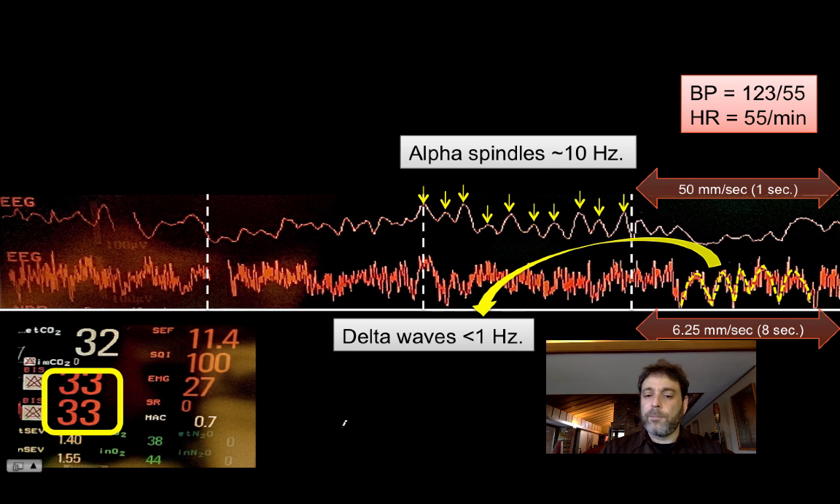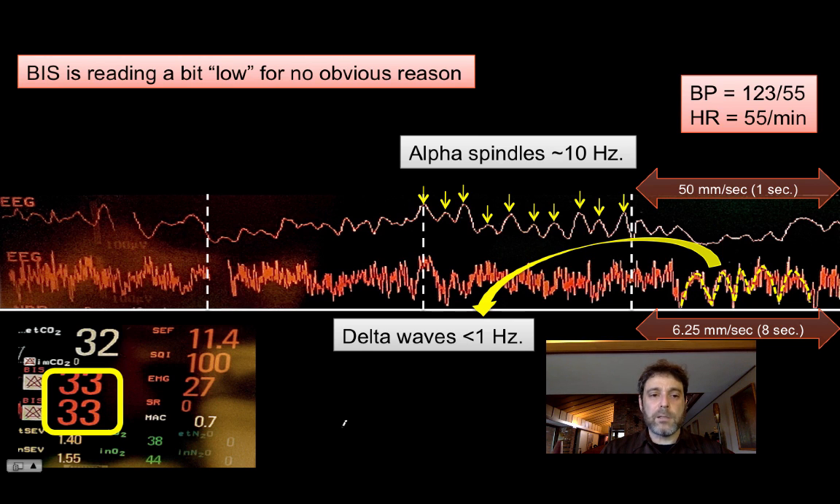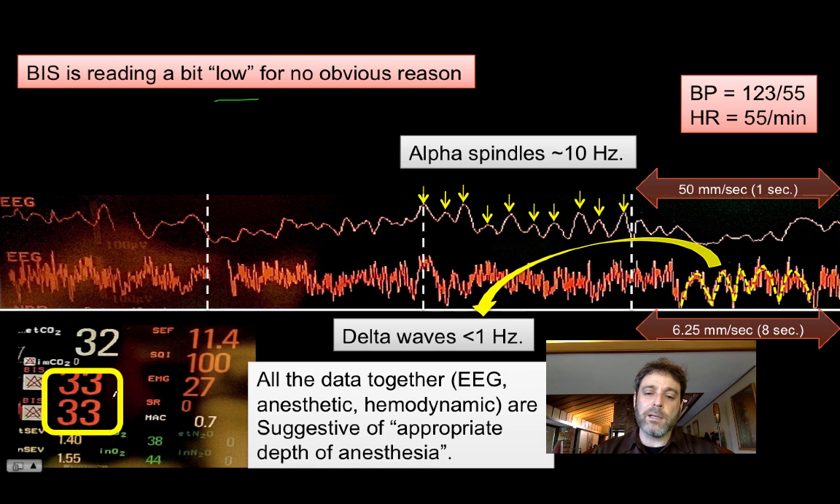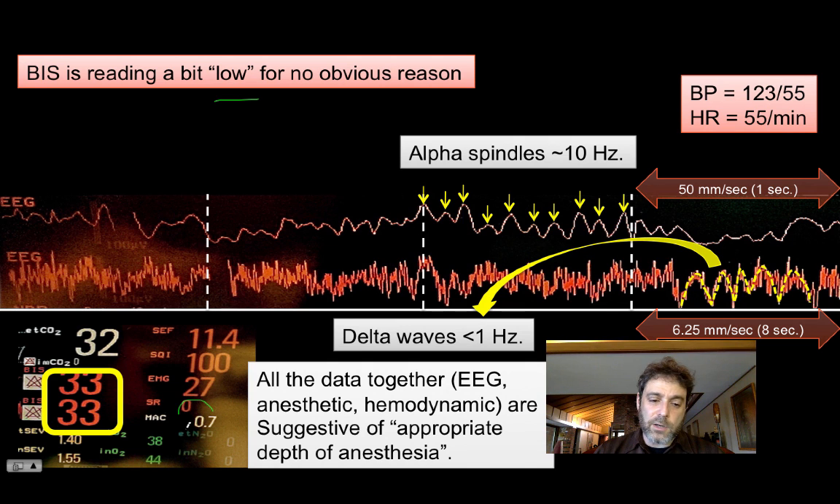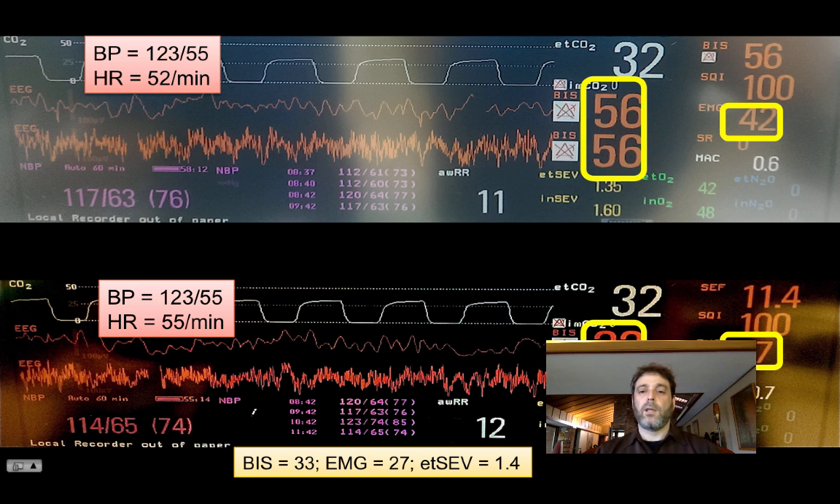now the BIS is reading low for no obvious reason. I would say that in the previous example, the BIS was reading high because of the EMG, or also for no good reason. And here the BIS is reading slightly on the low side for no apparently good reason. And I would say, taking these data together, also consistent with adequate general anesthesia, I wouldn't necessarily suggest going down on the anesthetic concentration. So I've just counterposed those two examples so that you can actually see that the raw